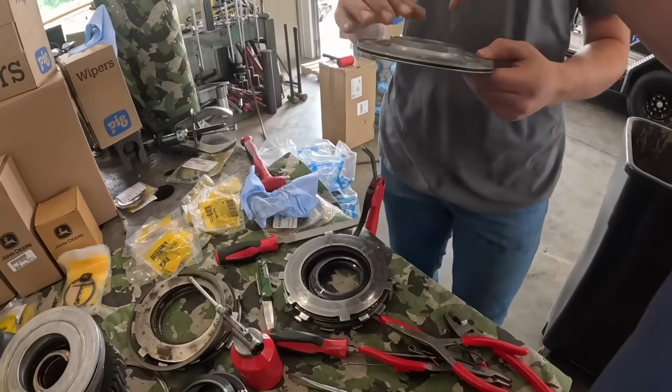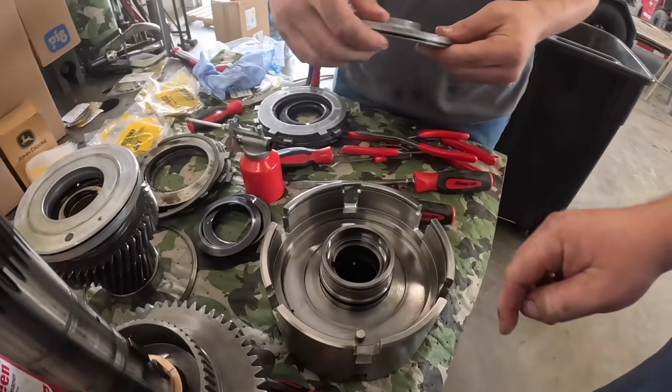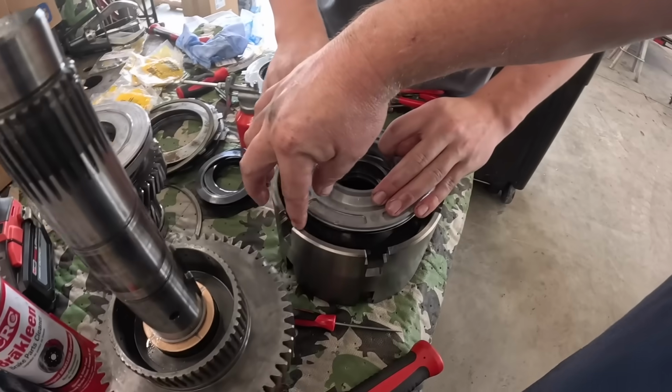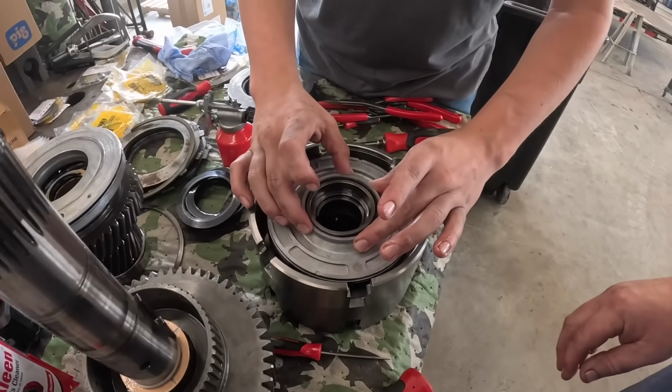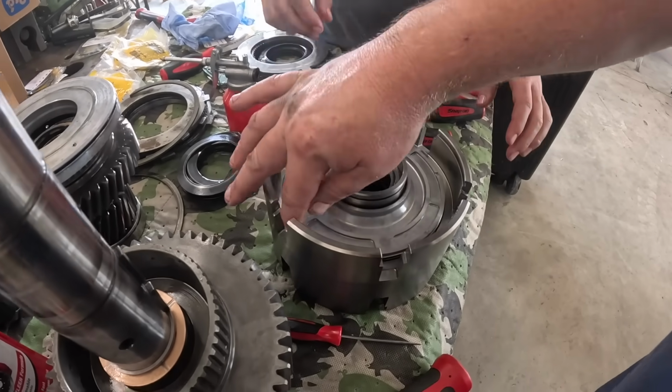Okay, take note of that. That pinhole's right there, is that right? Mm-hmm. So you spin that over where it's lined up in that notch. We gotta be real careful and make sure we don't cut that O-ring seal. Just kind of let it sit. We don't want to force it. Then we got to take a